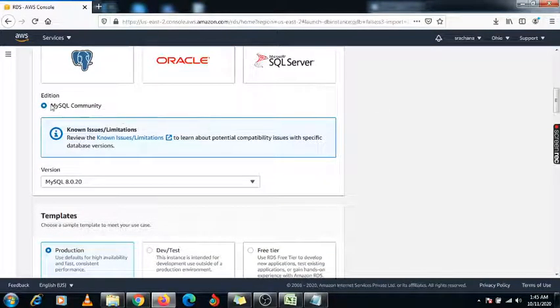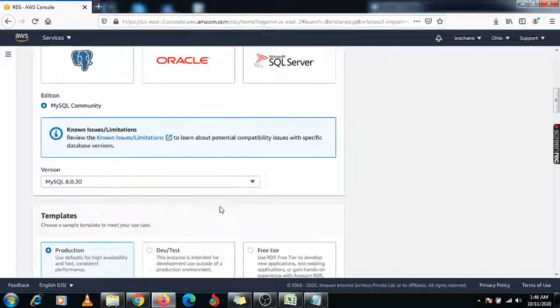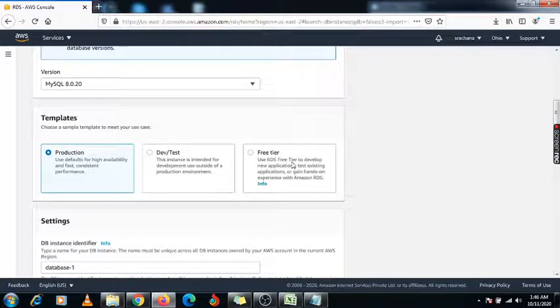Under editions you need to select a MySQL version which is running. By default I am selecting the same version, that is MySQL 8.0.2, and here the options we are getting are the templates: production. This database you are creating for which environment: production, development/test or free tier.